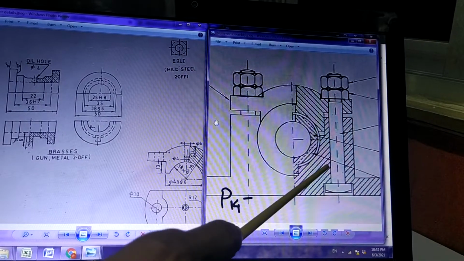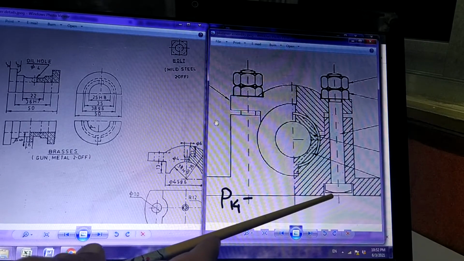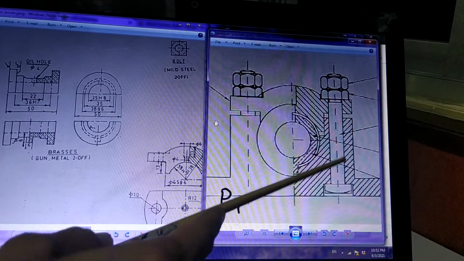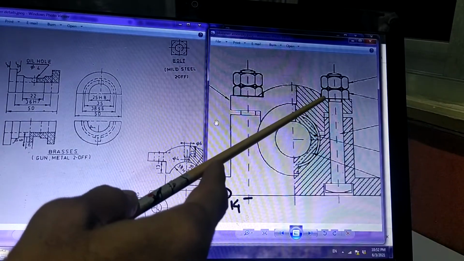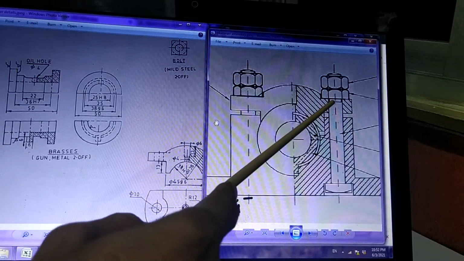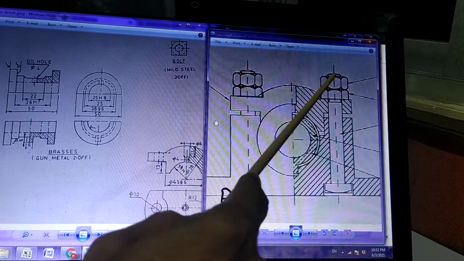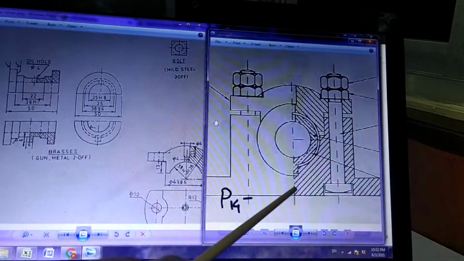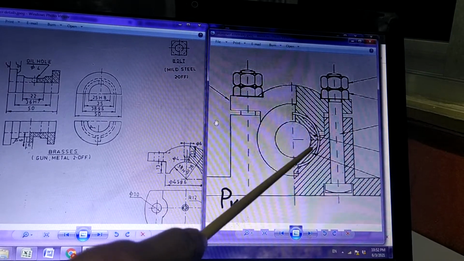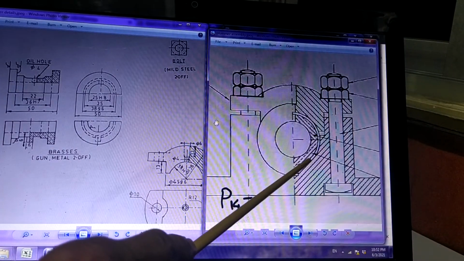Again, this is the half section: the right half is in section, and the left half is seen from outside. You can see the square headed bolt has been drawn like this. It is not touching here, it will touch here because it is pulled up by the nuts. So there is a lock nut and there is a main nut. Both the nut and lock nut are fitted here. Some amount of threading is still there inside the body and the remaining threading is up. This is the part of the bolt which is still seen. The snug has been placed into the hole over here, and you can also notice the two brasses. They are these two brasses: upper brass, lower brass, upper brass, lower brass.